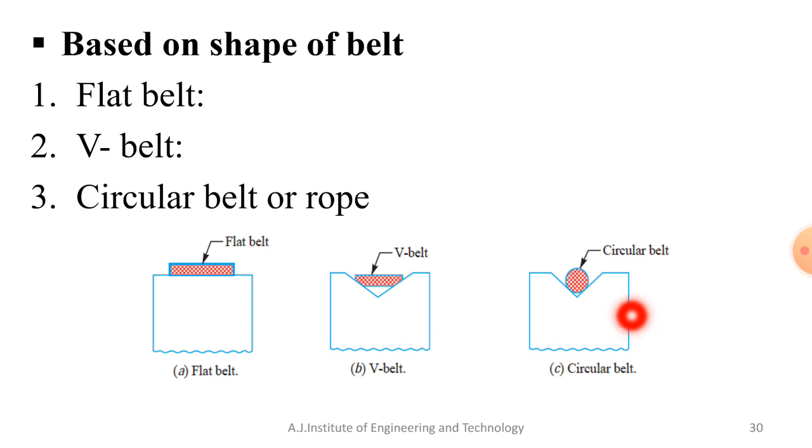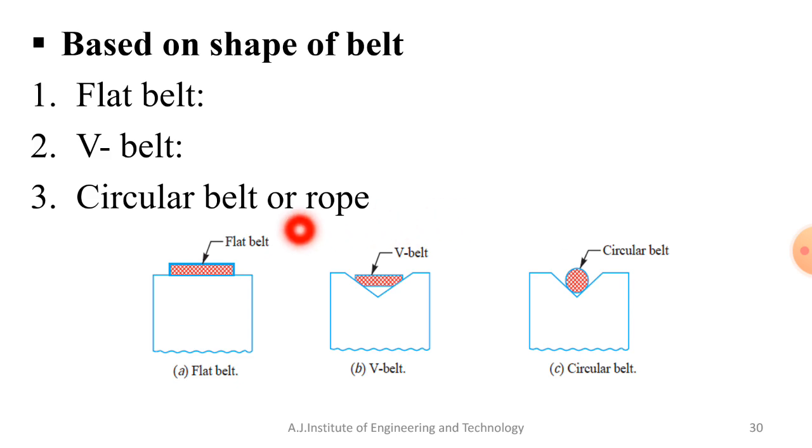Or we call it as rope drive. So that can be used for a great amount of power you can transmit from one shaft to another shaft. Again, you have flexibility over center distance. You can use it for more than 8 meters. So when the center distance is too long, we can say more than 8 meters, then the best option is rope drive or circular belt drive.